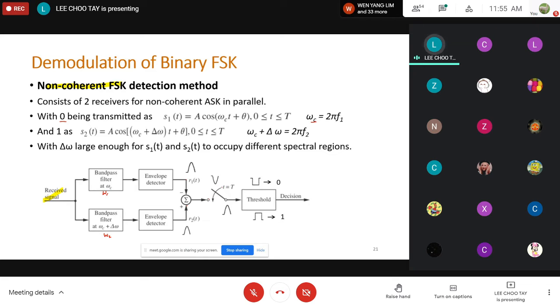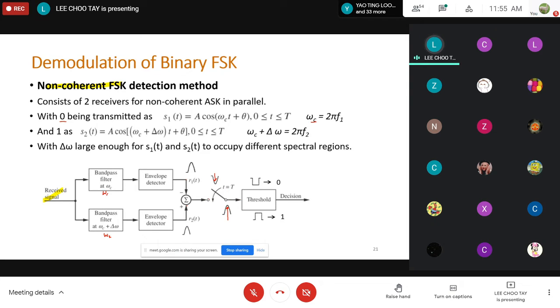So this is my sampling time. I have to sample these pulses at the right time, meaning I need to sample the pulse here, and I need to sample the pulse at this point. So if I sample the pulse at the right time, then I can pass the pulses that I sample